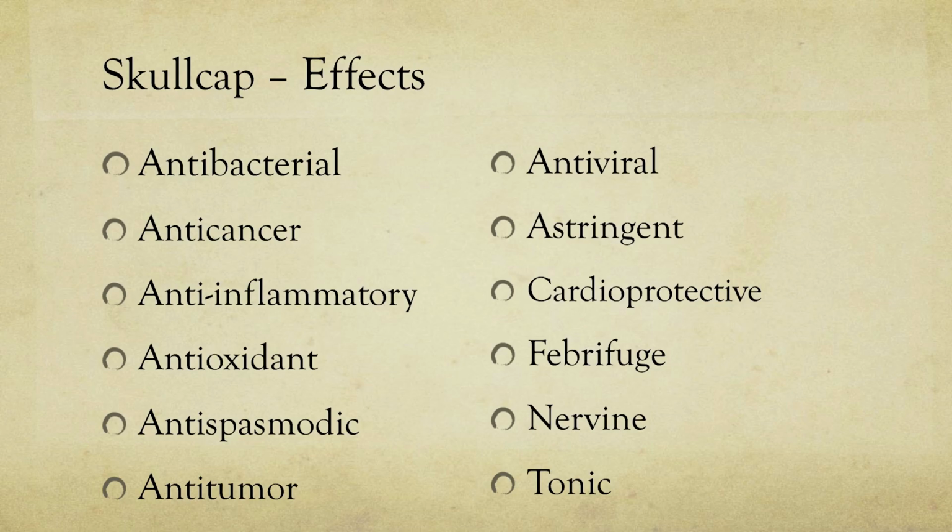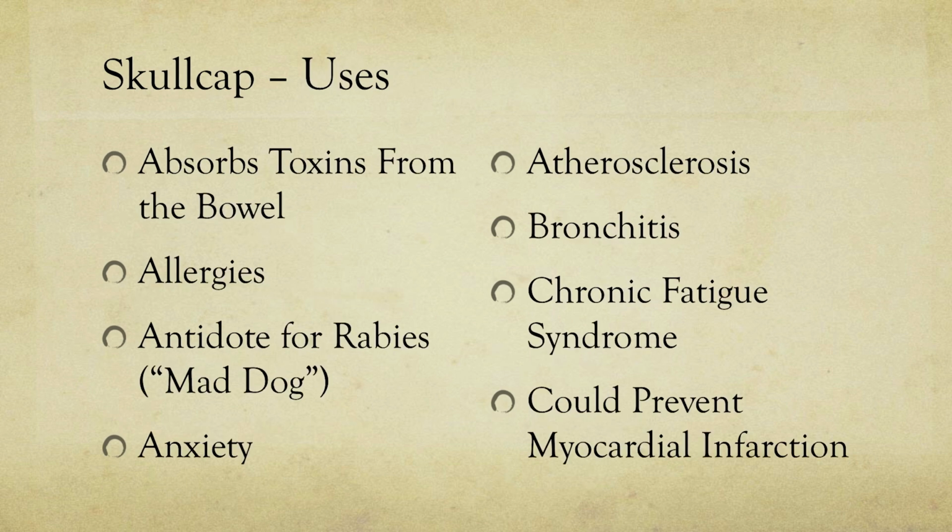It's very, very good for depression. Use the whole plant. It's antibacterial. Also, it's anti-cancer, anti-inflammatory, antioxidant, antispasmodic, anti-tumor, antiviral. It's an astringent. It's a cardioprotective, febrifuge, nervine, tonic, absorbs toxins from the bowel. It's good for allergies. It's an antidote for rabies, mad dog. It's good for anxiety,